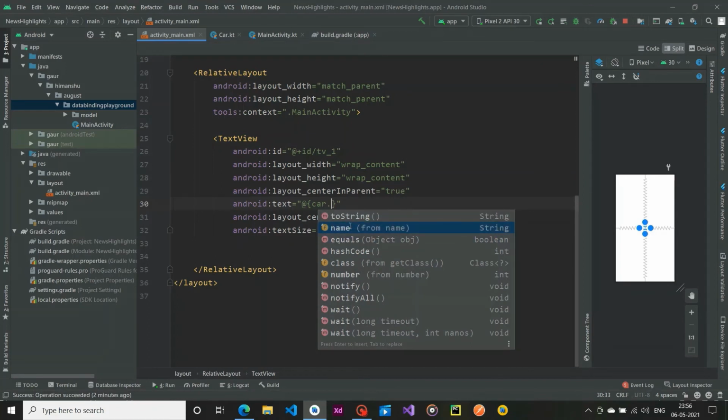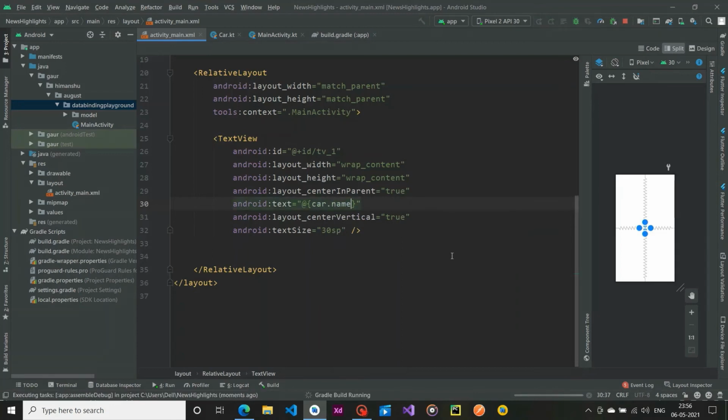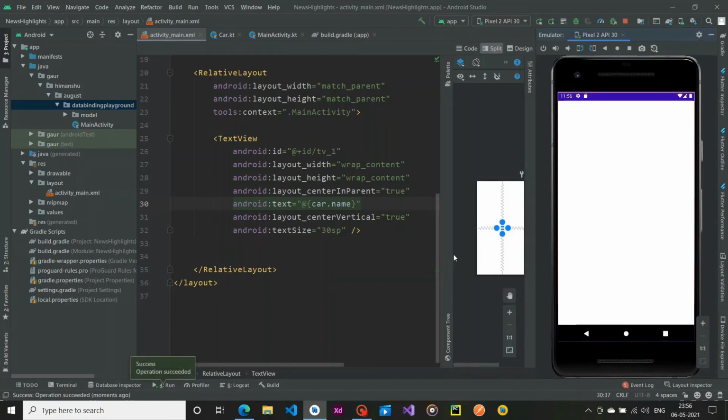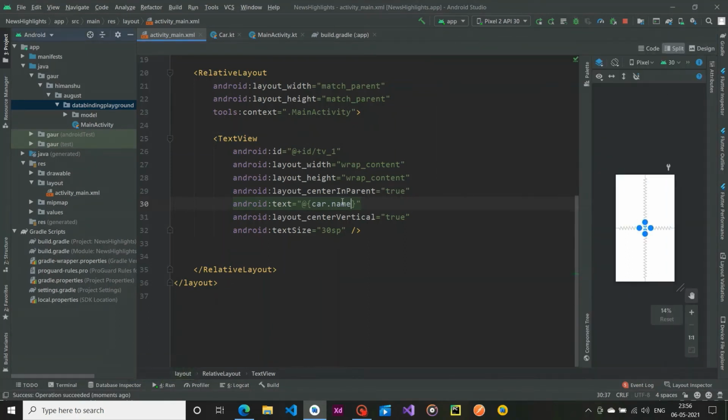So first I'm going to use name, and run our application. You can see we are seeing our car name, and after that we have our car number. So car number, and run our application.